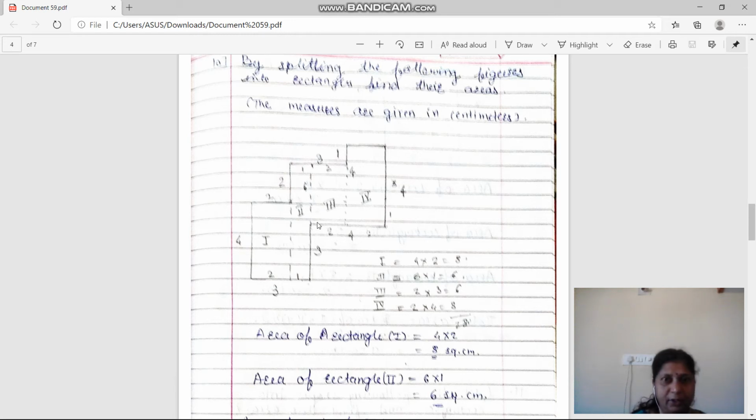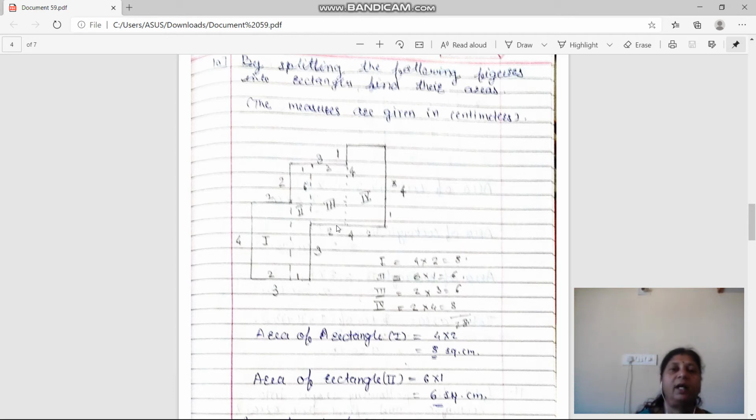Now we have to see how it is 2. From this point up to this point it is 3, and we have just calculated from this to this it is 1. So from this to this point it is 2. Now if this is 2, then this one is 2. How did we calculate? Because all are rectangles, and opposite sides of rectangles are equal. This side and this side are opposite to each other, and they are equal, that's why this is 2 and this is also 2.